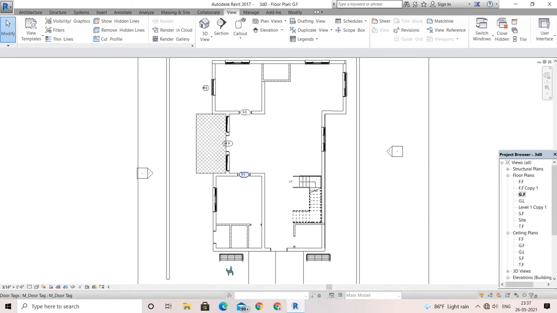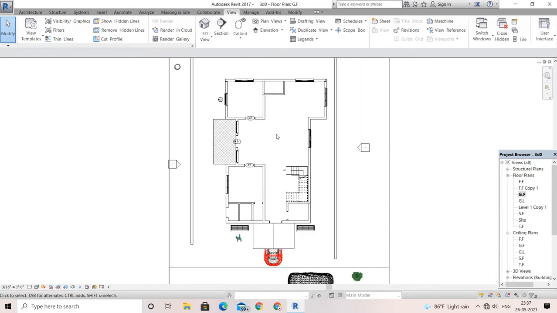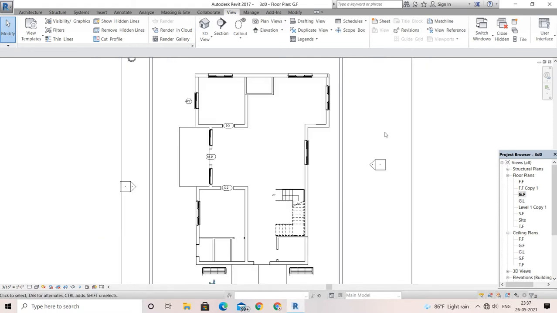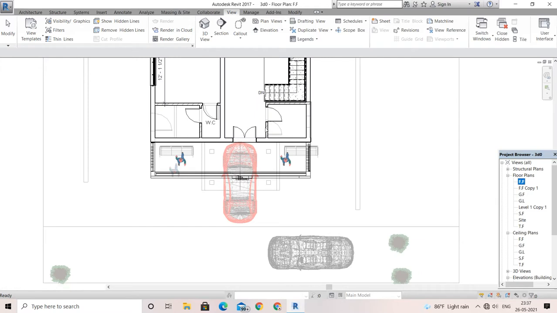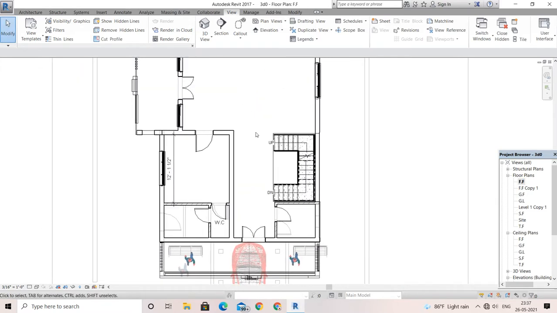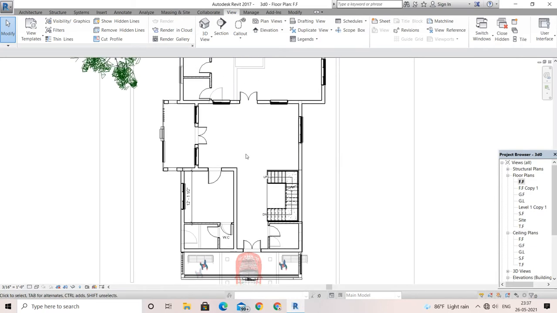So this is the north side, and this is, sorry, this is west facing, and this is my north side. And this is some of the living areas, and here it is the open kitchen. You may not be able to see all these things because I have made it here. If you go to the first floor plan, you may see a lot of things over here. In this I have also made some text.